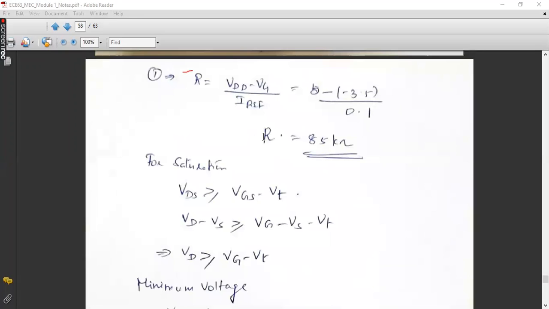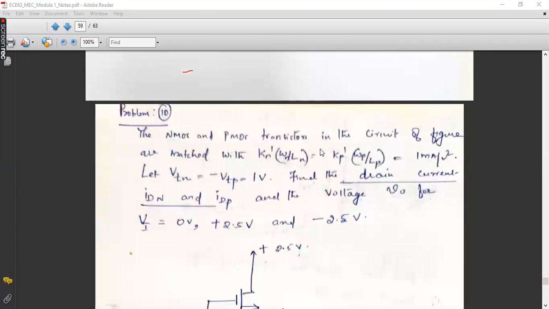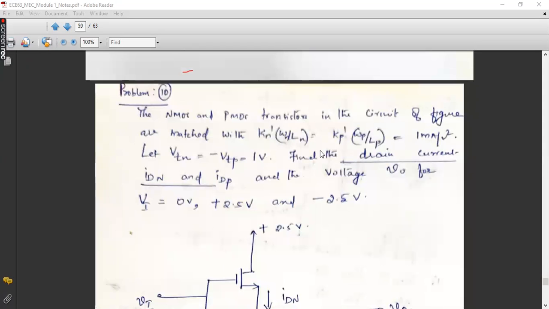But graph wise, we don't have any numerical. You have only one derivation, and that is theoretical only: the graphical derivation of transfer characteristics. Drawing transfer characteristics has no numerical in that part. There is no numerical in that part; you have to derive it.